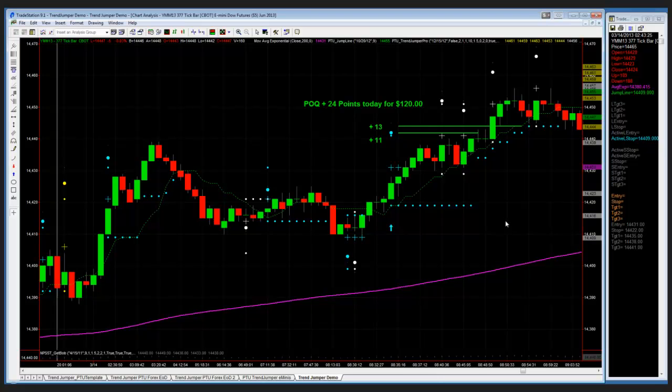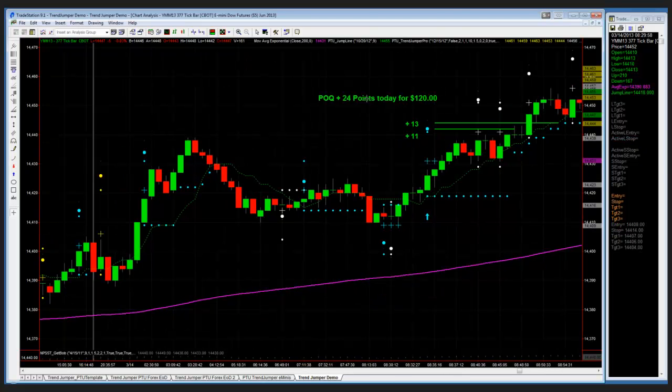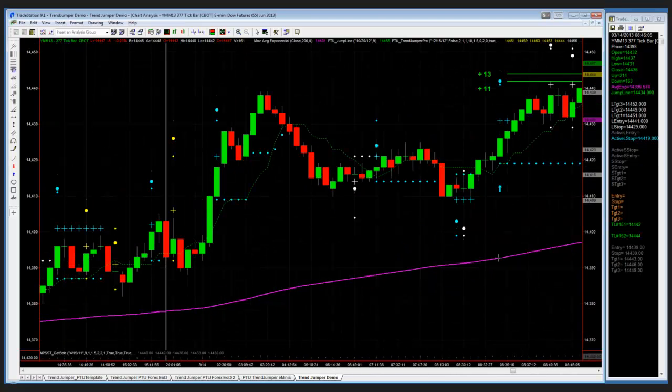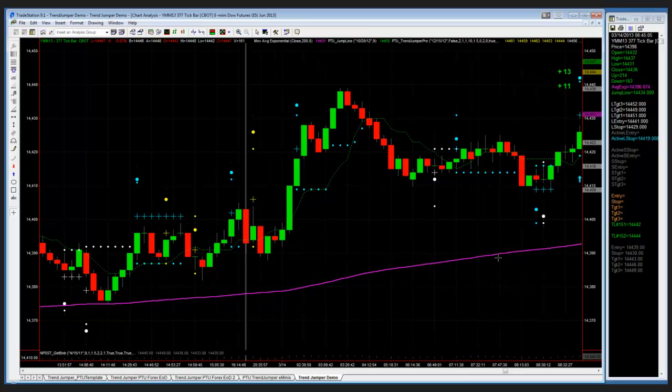Okay? This is the Dow E-mini. This was today's trade in the trade room. Got in right here. Any trade that's above the green dotted line here is going to go long for the most part, a few minor exceptions that we teach in training. If the trade is below the green dotted line, we go short. So when you're at the right edge of the chart, for example, it's good to have some sort of structure so you know what you're actually doing, right?